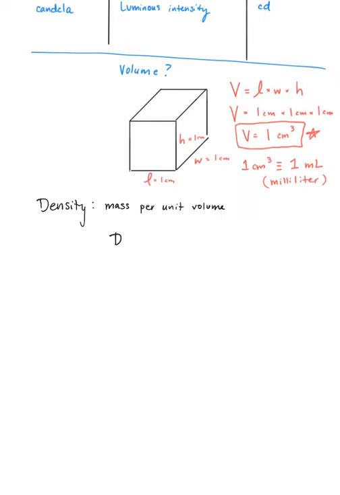Mathematically, density is equal to mass over volume, where in this equation, the little m stands for mass, and the capital V for volume, density, capital D. Because we measure mass in kilograms or grams, and because we measure volume in cubic centimeters or milliliters most often, we'll tend to express the units for density